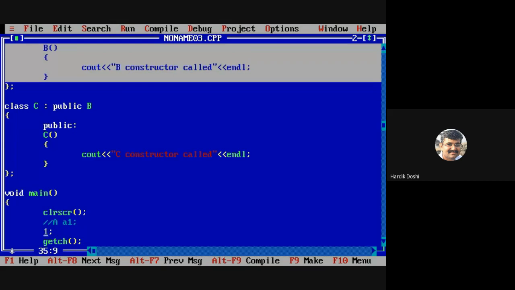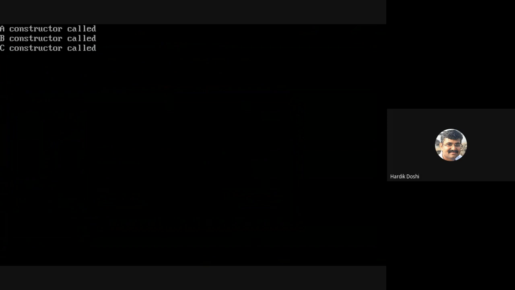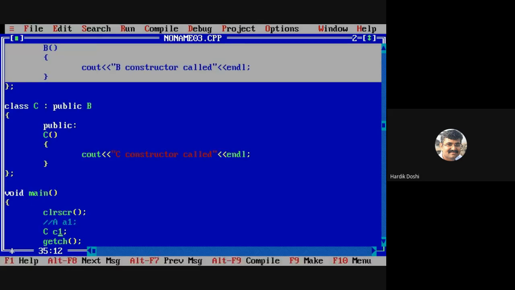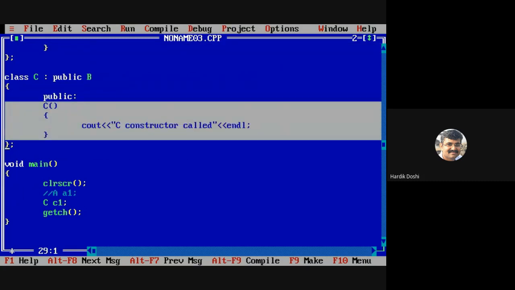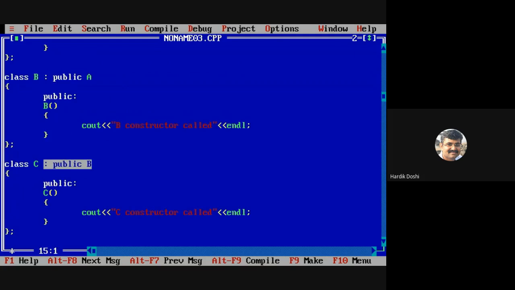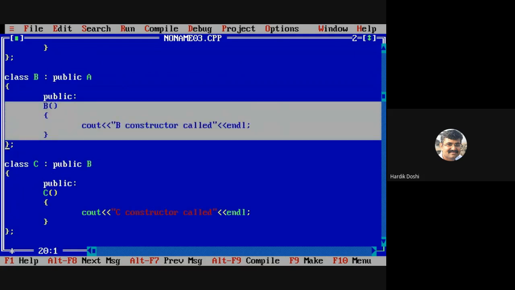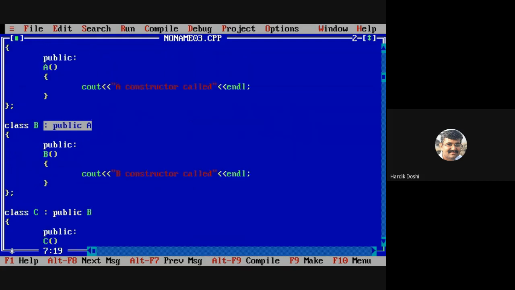First of all, multi-level. See the output. What did the compiler check? We are making an object of class C. So it went for executing the constructor of class C, but at that time it encountered that there is inheritance done with class B. So it went for executing the B class constructor, the default constructor only. But again, the compiler encountered that B is also derived from A. So it went for executing A first.